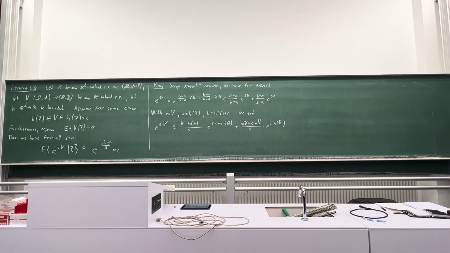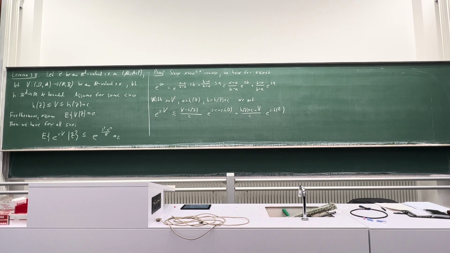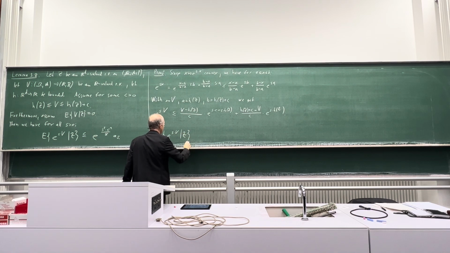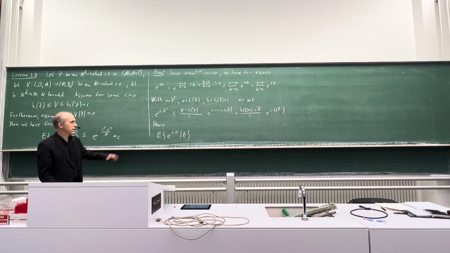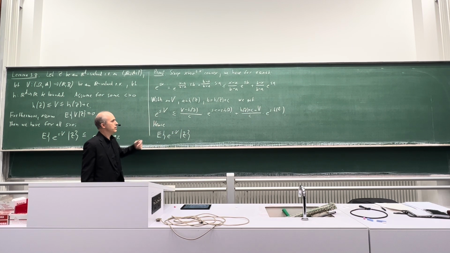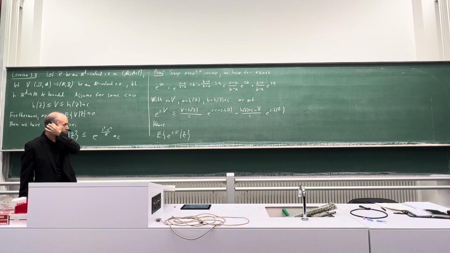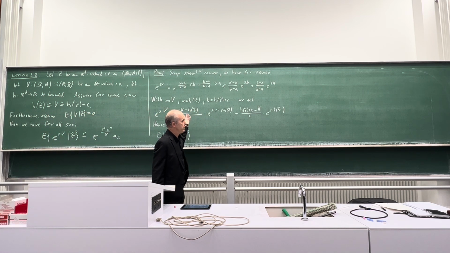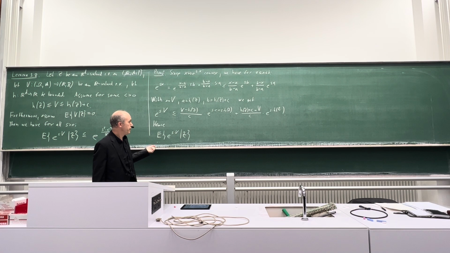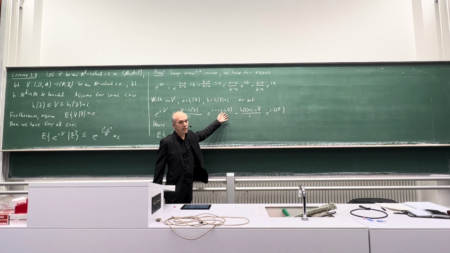Now what I want to bound is the conditional expectation of e to the power s times v given z. Let's do this. E to the power s minus v given z. If we bound this, well then we just get this conditional expectation is less equal than the conditional expectation of the right hand side, and by linearity of the conditional expectation, this is less than the sum of the two conditional expectations almost surely. Then this one is measurable with respect to z, doesn't matter.